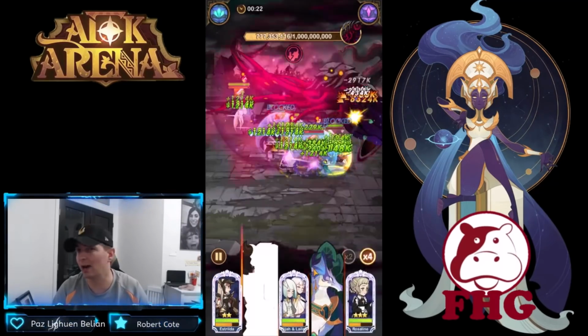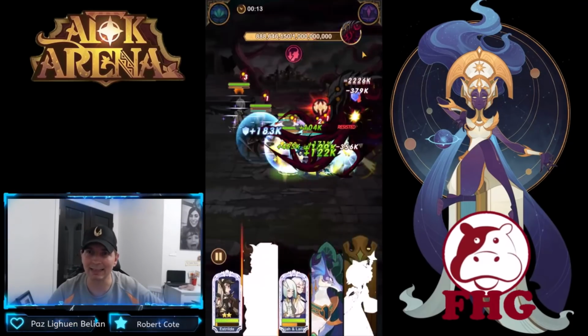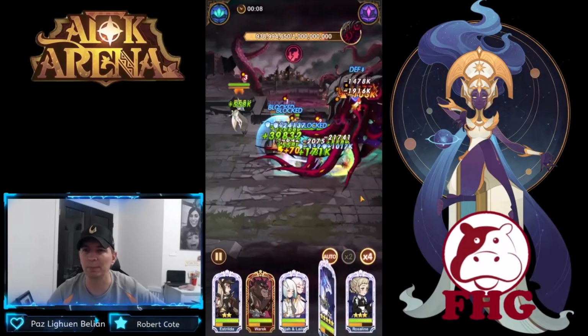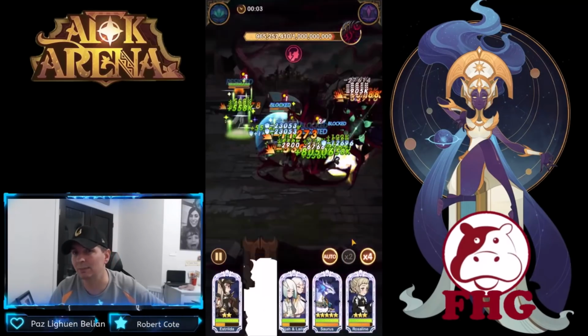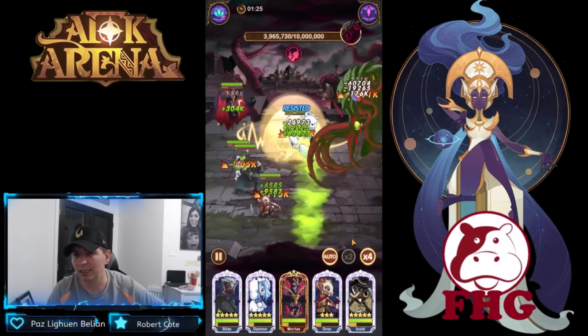Which I'm not 100% sure is true, because I don't see any stacks on him. I don't see anything building up his power from team to team. So it looks like this time we didn't do as much damage as the other one, but here is team